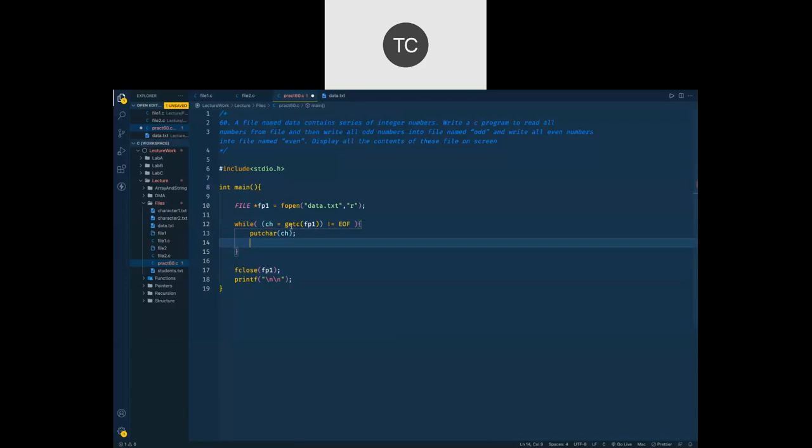But at this point of time we are not going to read that file character by character, because we know that inside that file we have numbers. So instead of getc, what we will do is we'll go for fscanf. Okay, fscanf function. Now that is not going to return anything, but it has a different structure.